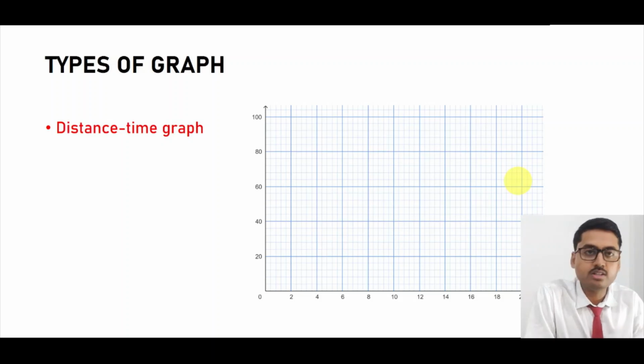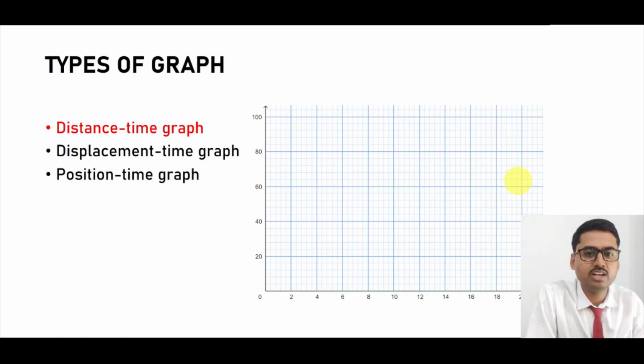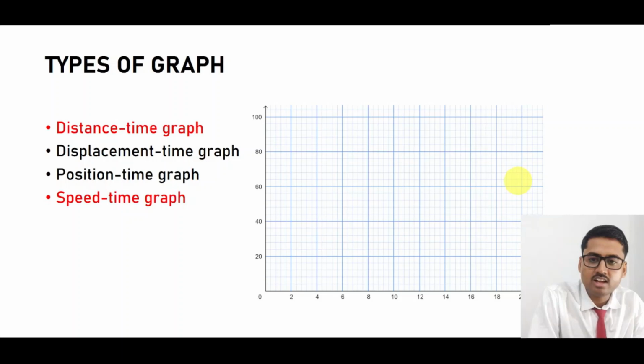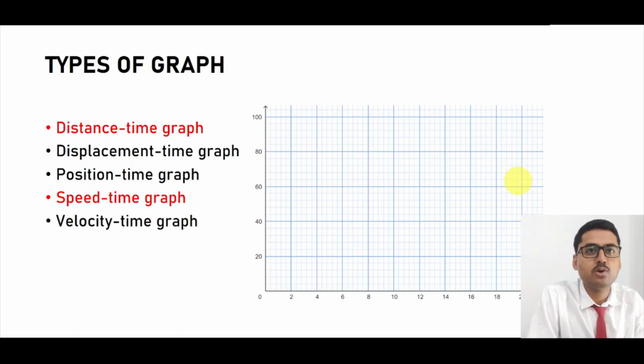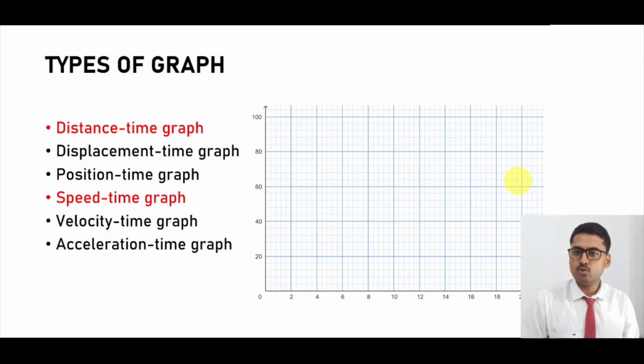So the first one is distance time graph, the second is displacement time graph, and the third is position time graph. In fact, displacement time graph and position time graph both are in fact same. Coming to the next one is speed time graph, next we have velocity time graph, and last but not the least acceleration time graph. So if you look at all these 6 types of graph over here, we have time